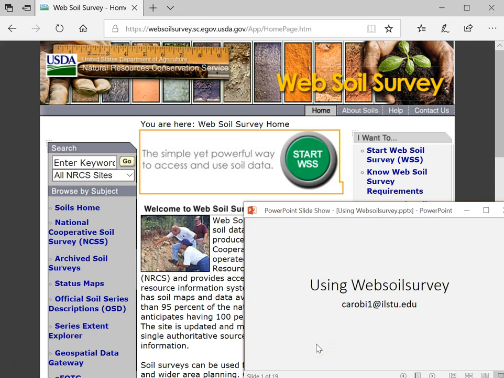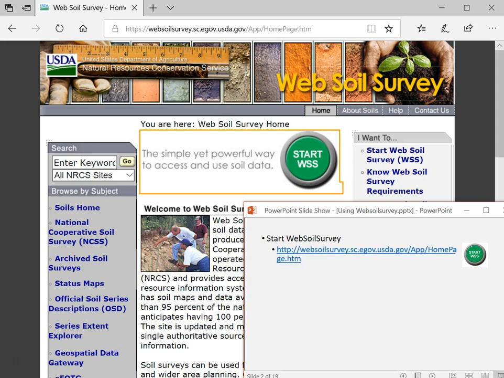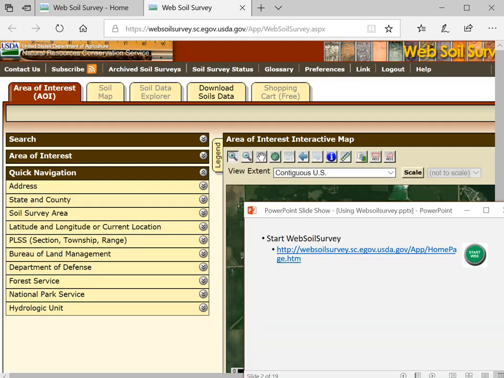This is a brief tutorial on using Web Soil Survey to find information about soils. You begin by going to this website for Web Soil Survey and clicking on the green button. That green button brings up